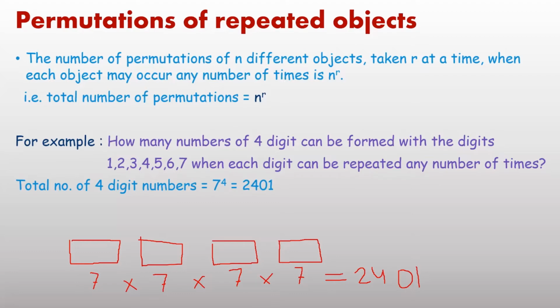Can you tell me the answer: how many numbers are possible using all the digits at a time? You are not going to form 4-digit numbers; you are going to form 7-digit numbers, using all the digits at a time. Easily you can write it is equal to 7 power 7, because there are 7 places. Same pattern in the formula: taken all at a time, in place of r, if you write n, then the number of permutations will be n power n. This second result is also to be remembered.